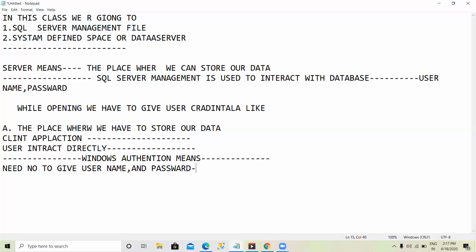This is the main difference between Windows authentication and SQL Server authentication.